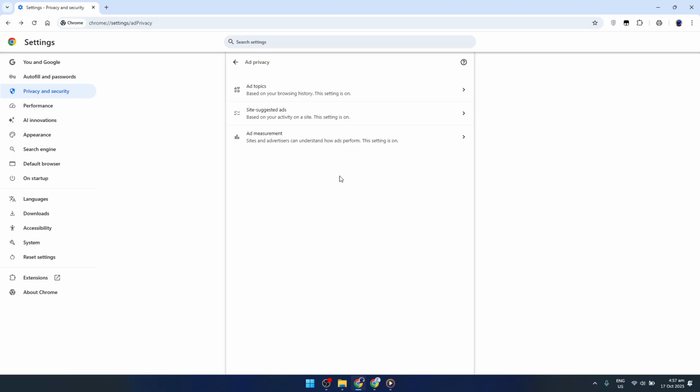Once you've completed these steps, you will have successfully disabled the ad tracking features in Google Chrome, thereby enhancing your online privacy. It's always a good practice to keep up with privacy settings to stay informed and in control of